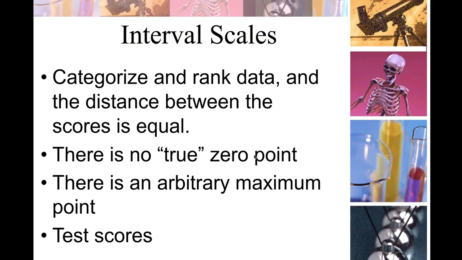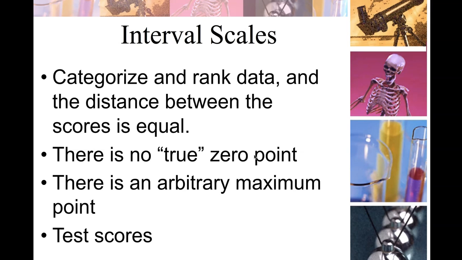If you get an 80 and your friend gets a 40 on the midterm, right, your score was twice what your friend's score was, right? Your score was 2 times what their score was. So the difference between the scores is equal. You can multiply, you can divide. However, we can treat this as real numbers, but they're not the realest of numbers. So number one, there's no true 0 point. A true 0 point means that if you got a 0, that it